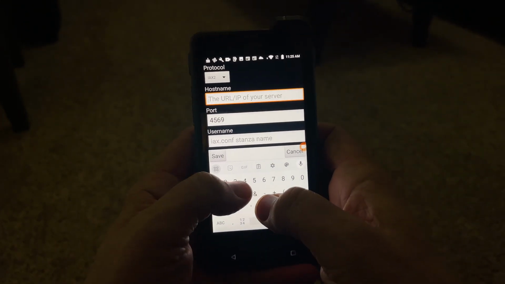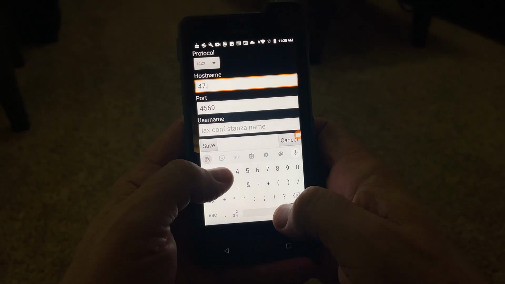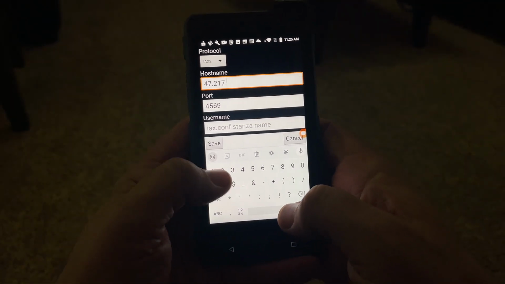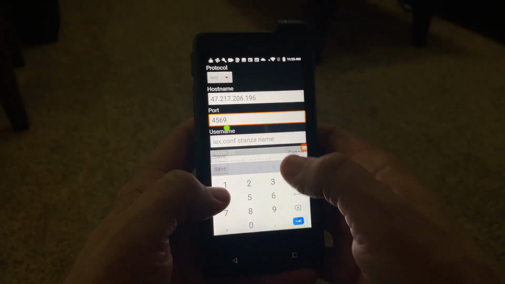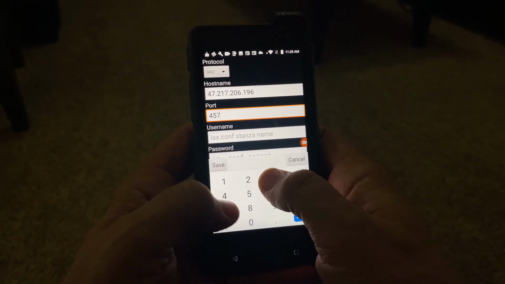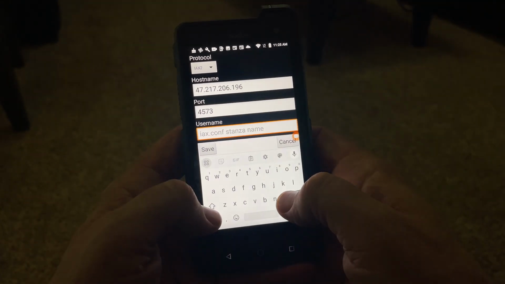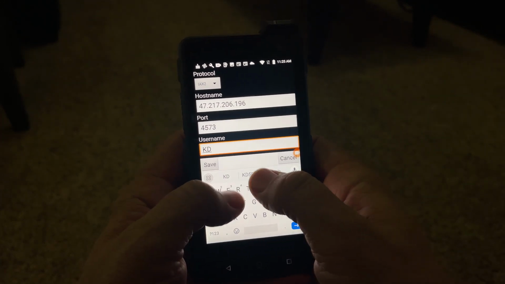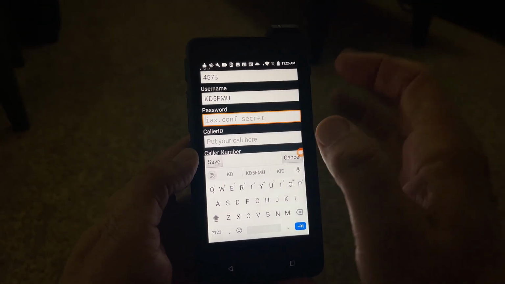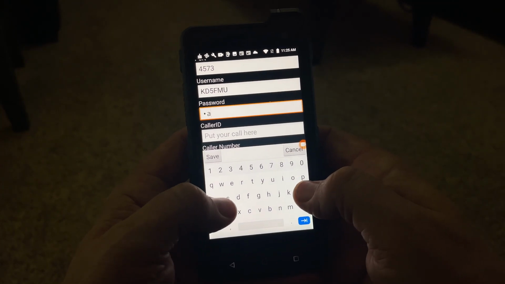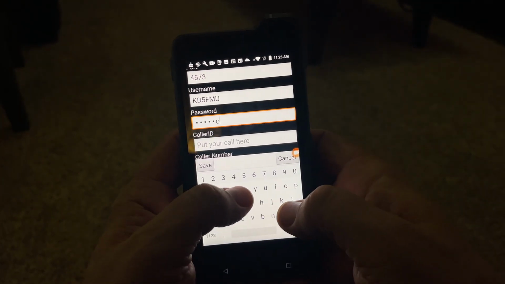In our case here, it is 47.217.206.196. The port is 4573. The username is the same, KD5FMU. We don't want to leave that space behind it though, so we'll go back one. Password is capital PASSWORD